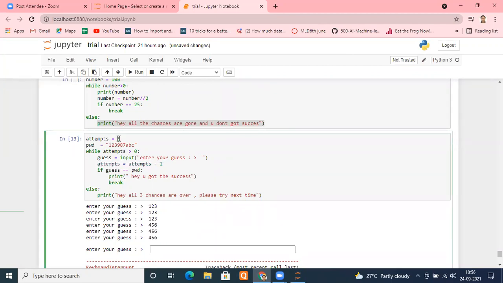See, if I use this, what will happen? It will check attempt is 3. So 3 is greater than 0, the condition is true. It will ask me the first time, and immediately after asking, it will decrease the value of attempt. Now attempt will be 3 minus 1, that is 2. Okay, now got it. Hope it is clear. Otherwise it just keeps staying in the infinite loop.